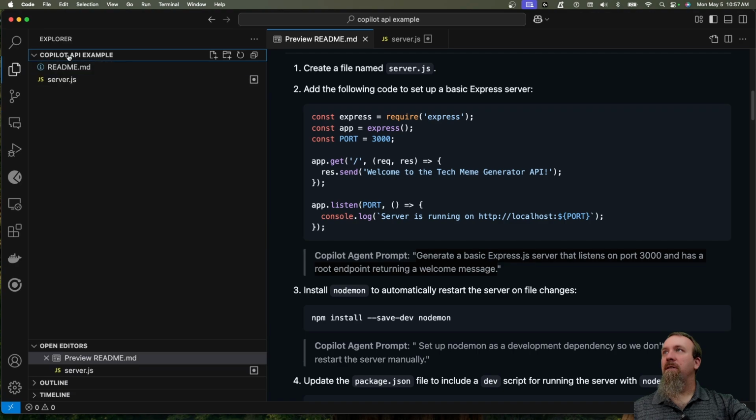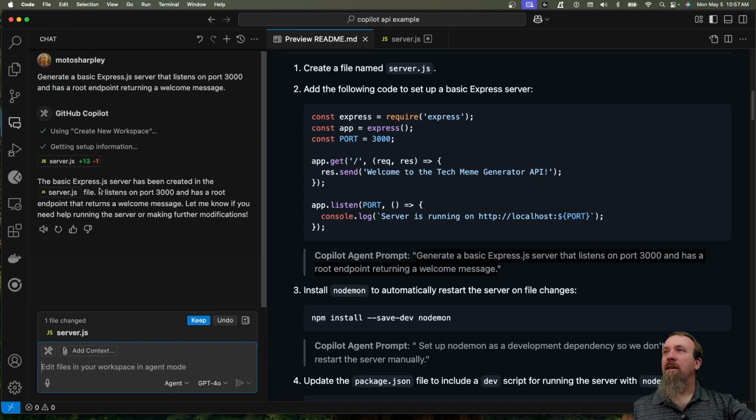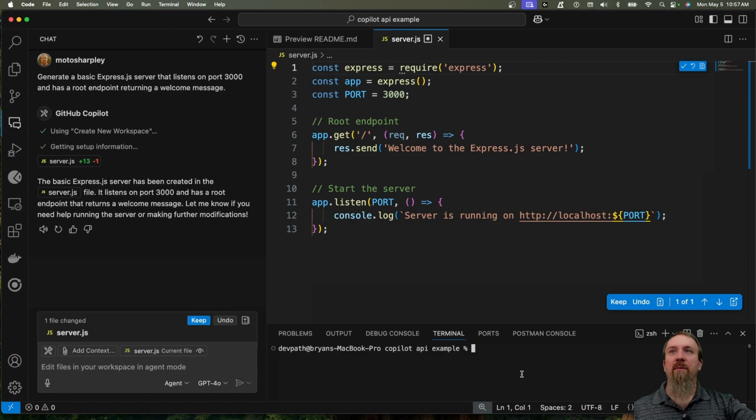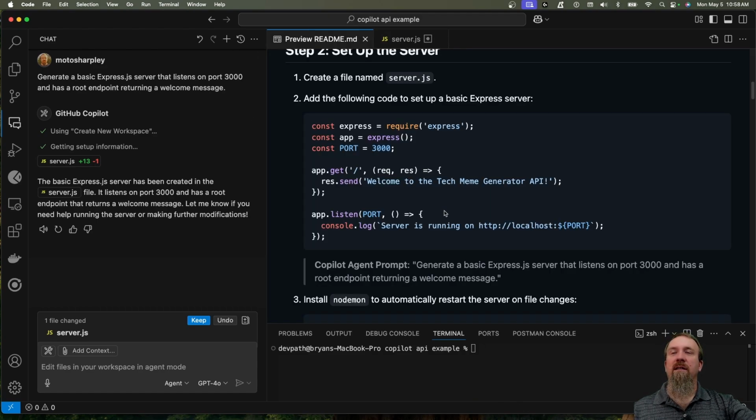Because really, I just want it to do it right. Yeah, see, it's doing it. Okay, so the basic Express server has been created in the server.js file, which we've got here. Great. Listens on port 3000. So now we could open our terminal up and do node server.js and start that up. But let's go ahead and continue,